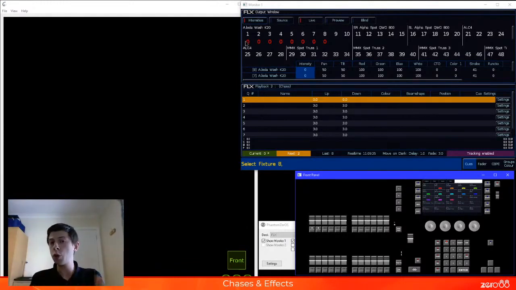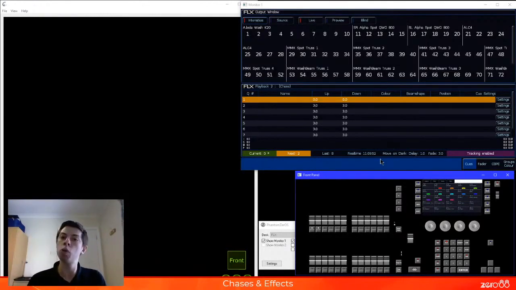So if I were to go back and try and run my chase right now, nothing is going to happen, because as far as the console is concerned, we've told those lights to go to 0. So what I need to do is give a tap on my clear button on the console, and tapping clear is going to clear out the red zeros, hence the name. So let's clear those out, and when we've done that, the last thing to do is I can just simply dive in there and raise my playback fader,